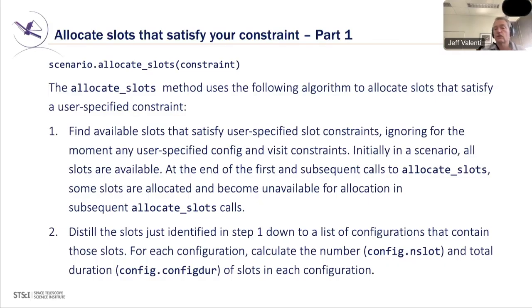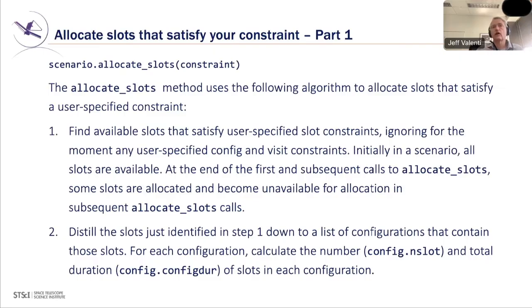So initially, the first time you allocate slots in a scenario, all of the slots are available. And at the end of the first call to allocate slots, and then in subsequent calls, only a subset of the slots will be available, because we will have allocated some of them in the previous times we called allocate slots. So the use case for this, just to have something in your head, is